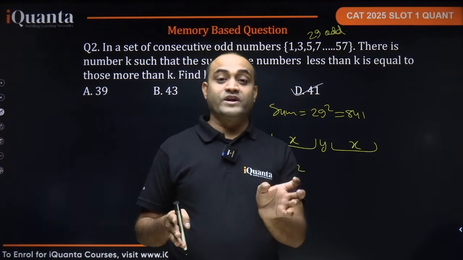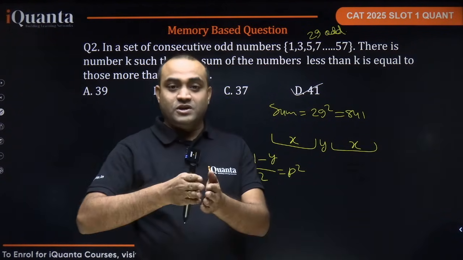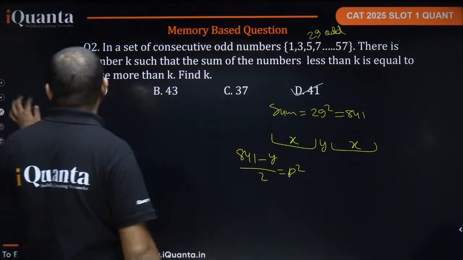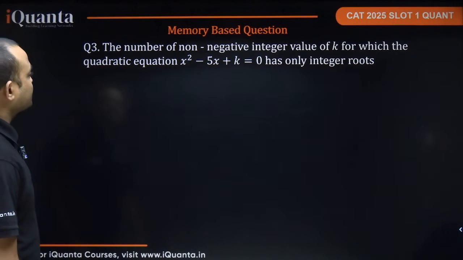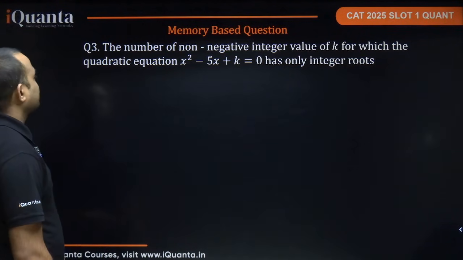How many odd numbers? 20. Sum will be 20 square, which is 400, then 41, then the rest of the numbers, their sum will be 400. Answer is 41. Question number 3, the number of non-negative integer values of k for which the quadratic equation